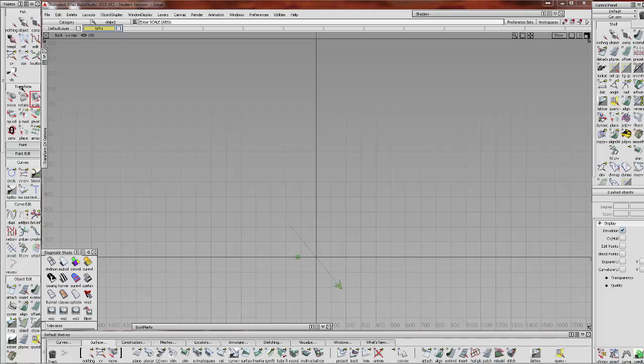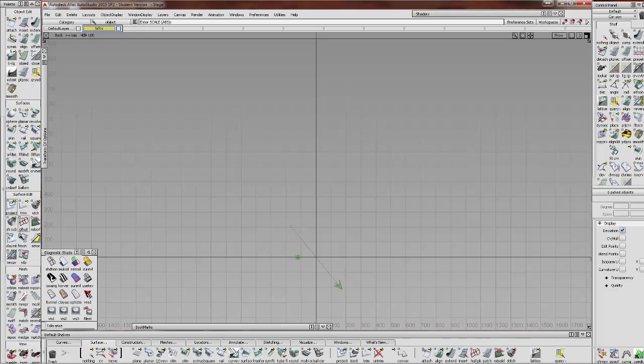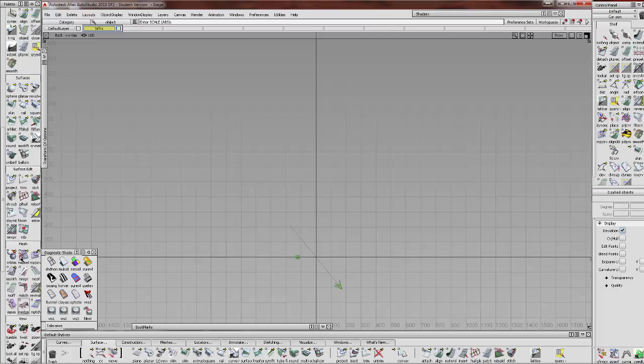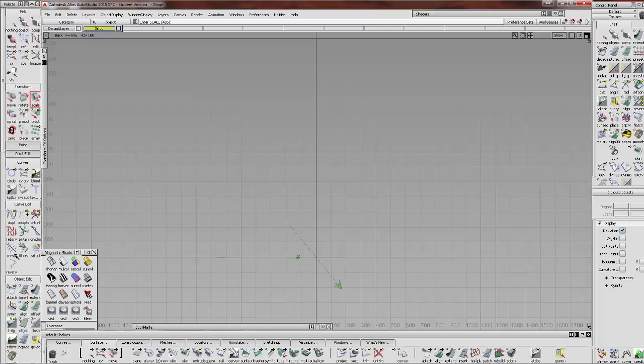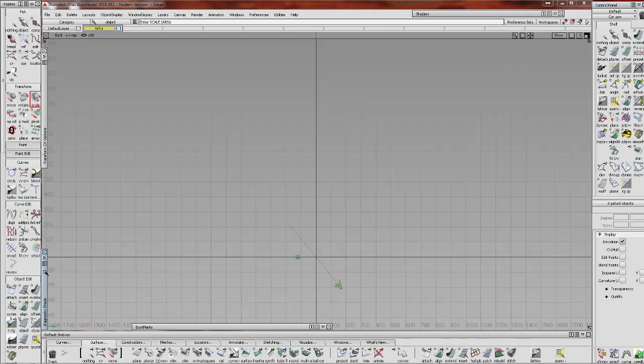Alias in itself has a layout with loads and loads of different tools. I'm sure that's the same in Maya and in Modo and any other software. But just like those software packages, you don't need all of this. The majority of it you will hardly ever use, but it's there in case you do need it. Rest assured it's not as difficult as it seems and not as overwhelming as it seems now. So I start first with